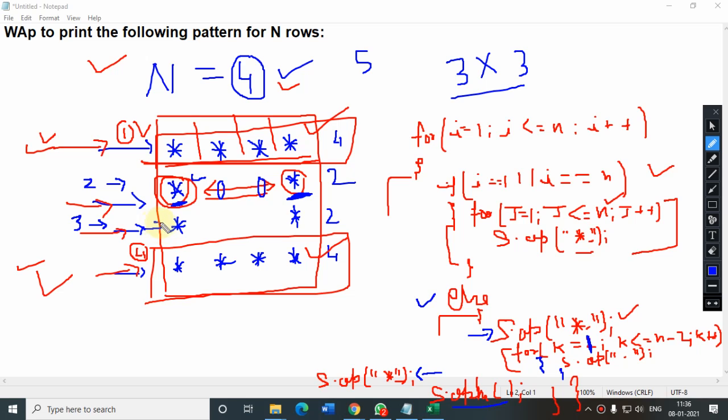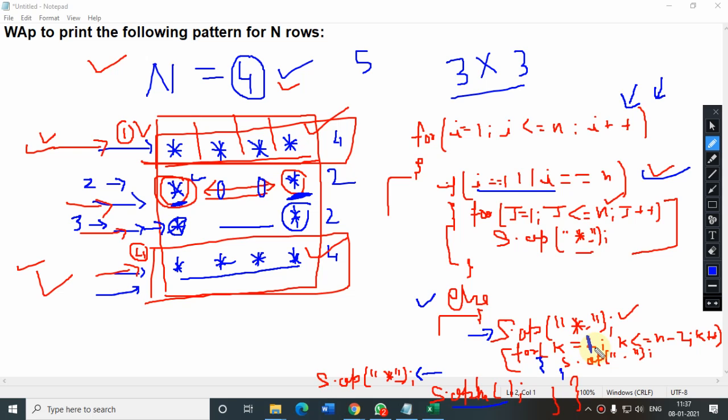Then you are coming on to the third line. Then after that, again, i becomes 3. Again, this will be false. So again, the else will execute. So again, you will get this. Then 2 blanks. Then this. Then changing the line, you are coming on the fourth line. Then i will be 4. Then this part will be executing. And now 1 to 4, you are printing 4 times this. Am I clear, Rachit? Yes, sir. Thank you, beta. Sir, I had missed this one.